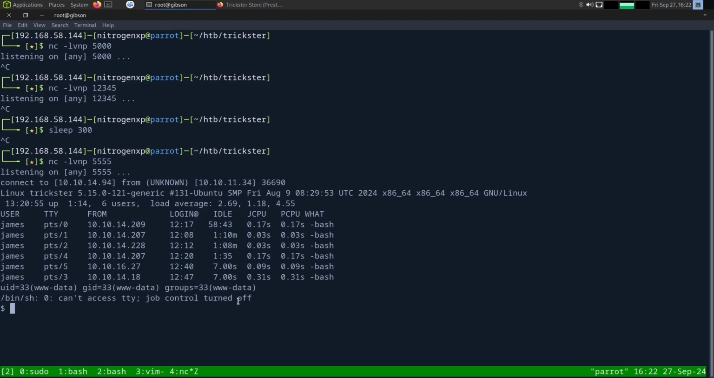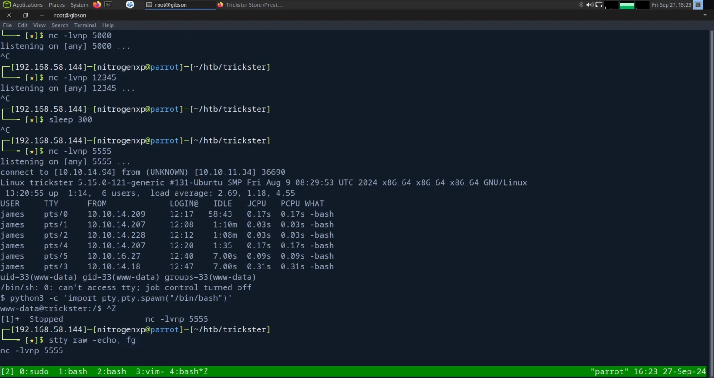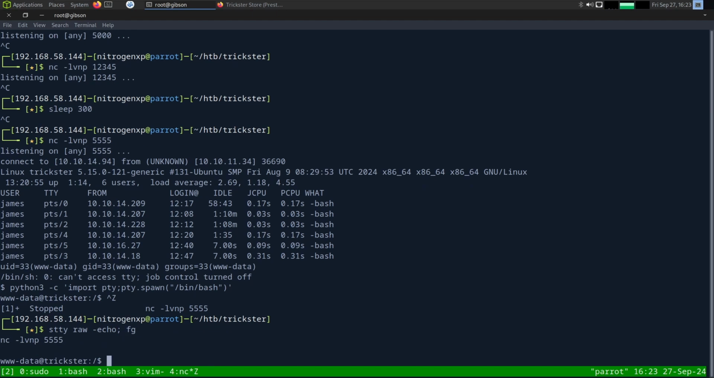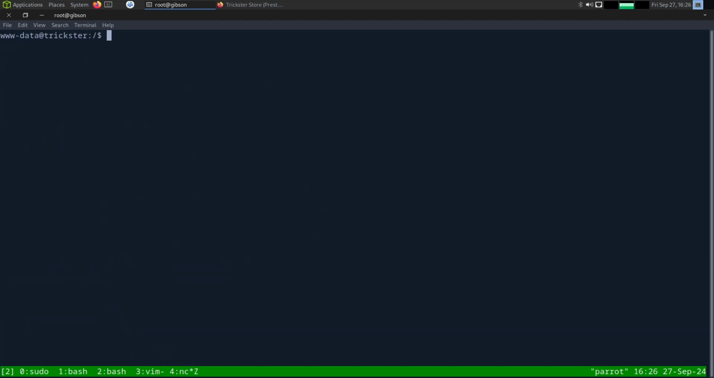I will first of all just stabilize the shell to get a full TTY and up and down arrows and things like that. So python3 -c 'import pty; pty.spawn("/bin/bash")', and then Control Z, stty raw -echo, and foreground with fg, and then export TERM=xterm, right? And okay, so I have stabilized my shell,